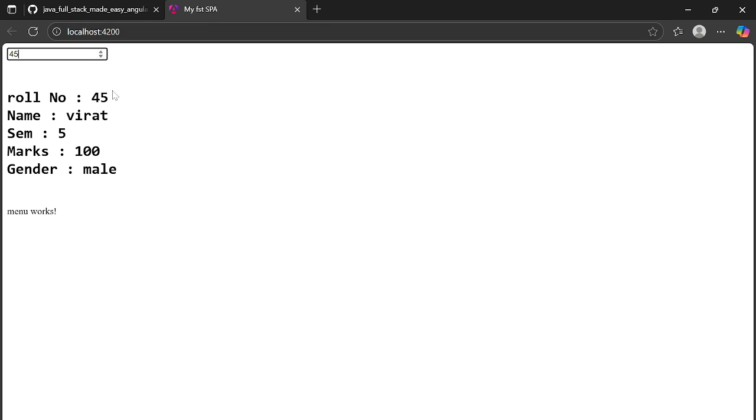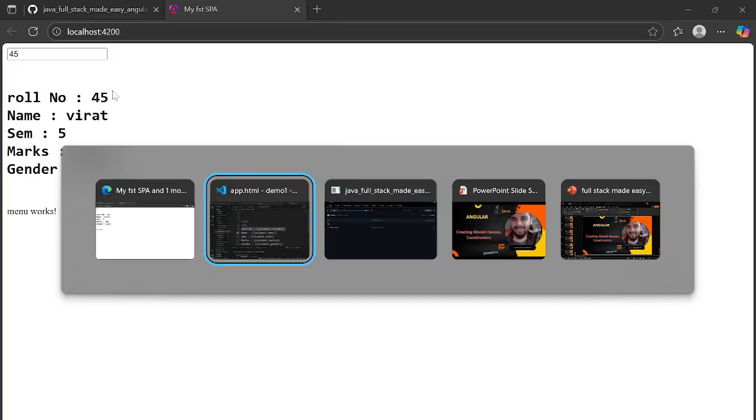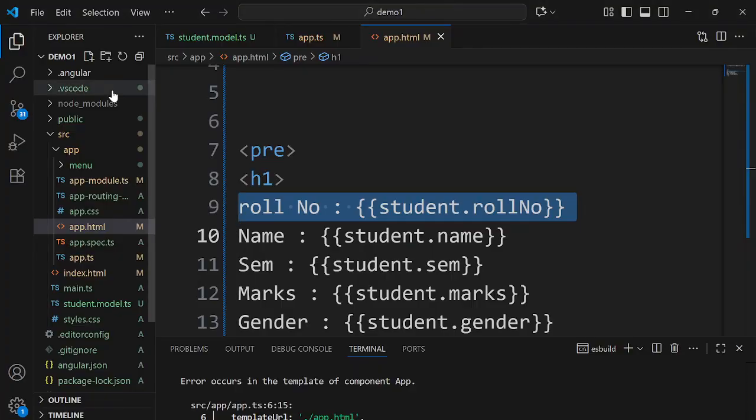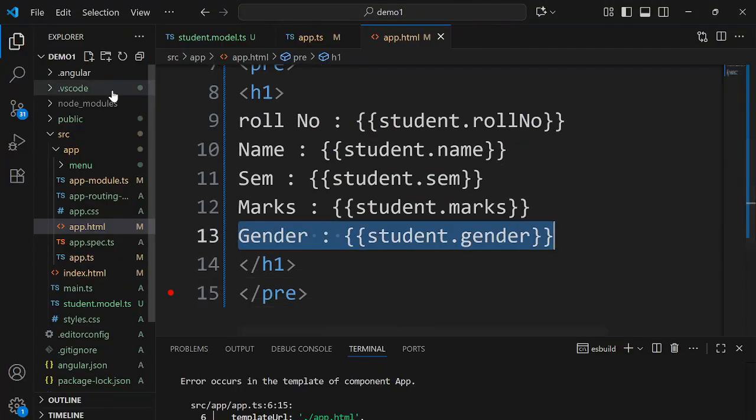Fine. Similarly, for name and everything, I would again go for what? Input type is equal to text, and then bind that student dot name and all that. Fine. Similarly, what we can also do is, in this case, if you look at the example, there is gender,